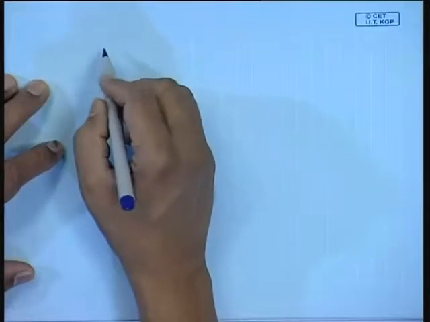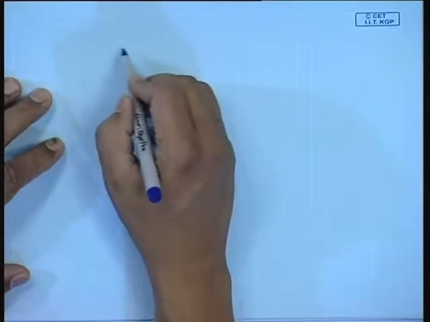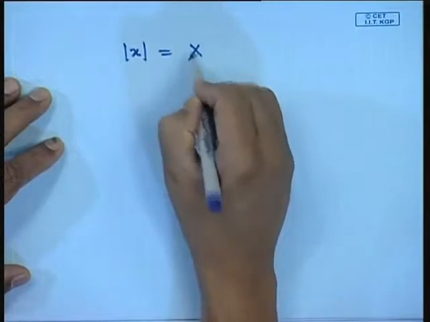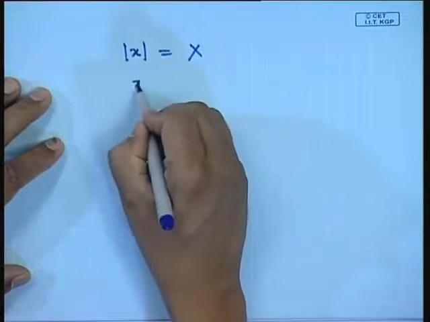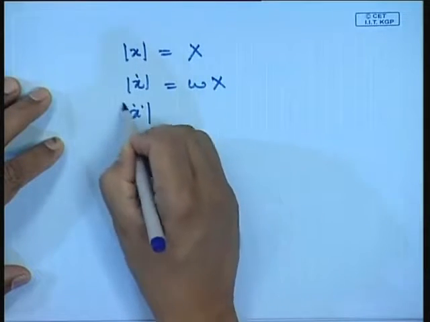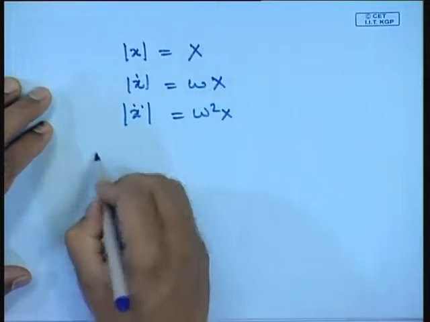Another important relationship, which people always ask about. In fact, I get asked this question every time I teach a short course: what parameter of vibration should we measure? Is it displacement, is it velocity, is it acceleration? Well, to answer this question, if I look at x, it is capital X, the magnitude of the displacement; the magnitude of the velocity is omega x, and the magnitude of acceleration is omega square x, where omega is the